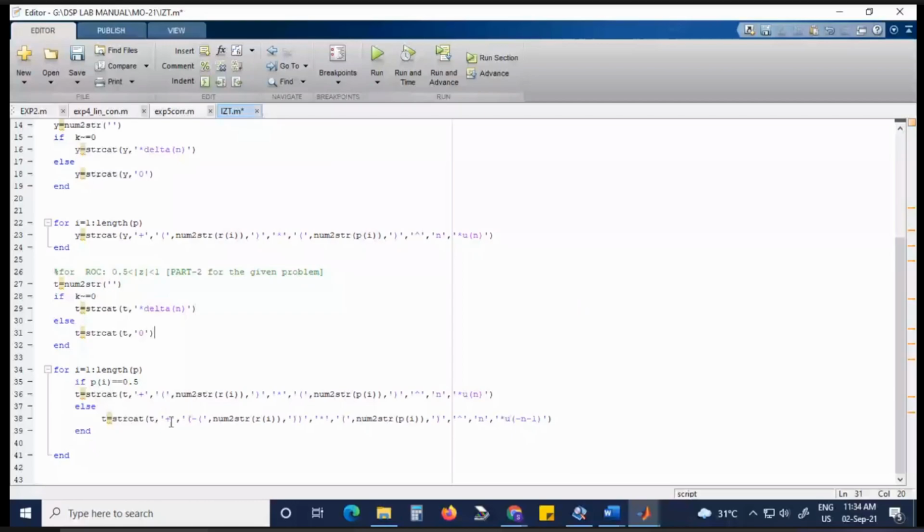ये मतलब दो पोल है जो 0.5 से जो ज़्यादा अगर है, ये जो आरओसी है 0.5, इसके अगर मैच करता है वो पोल, तब आरओसी का जो लिमिट है उसके साथ अगर ये पोल्स मैच करेगा, तब वो यूएन कॉजल सीक्वेंस होगा, और अगर मैच नहीं करेगा तो वो एंटी कॉजल सीक्वेंस है।